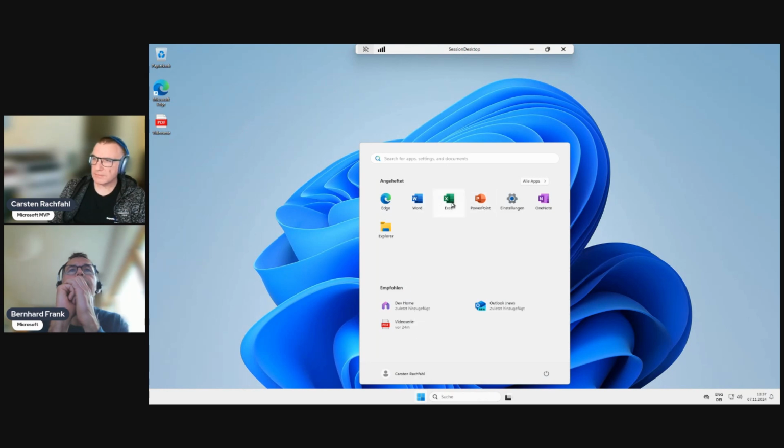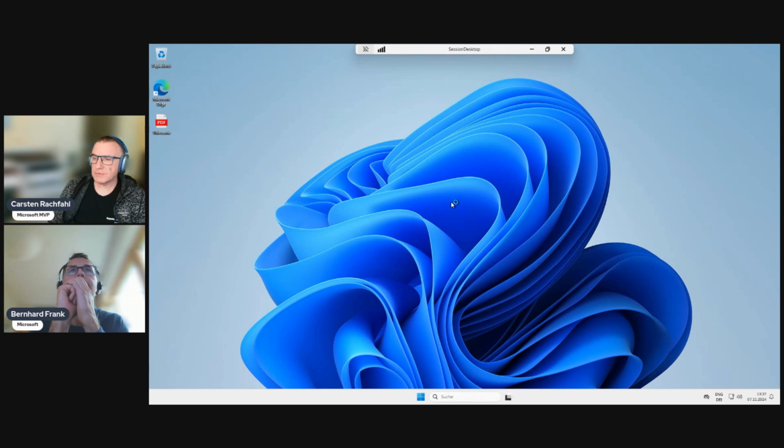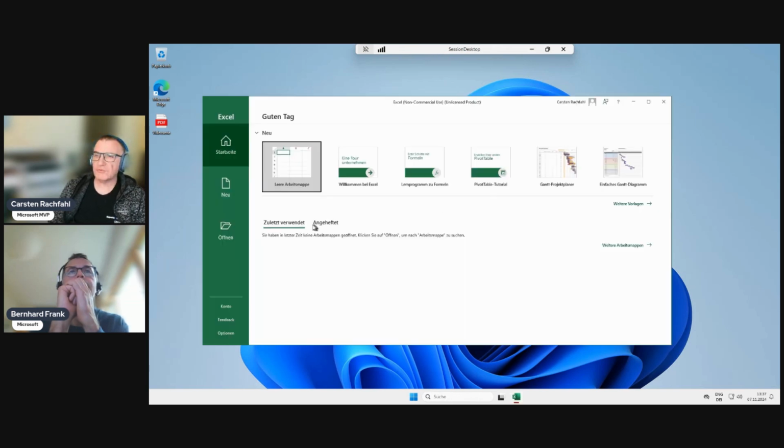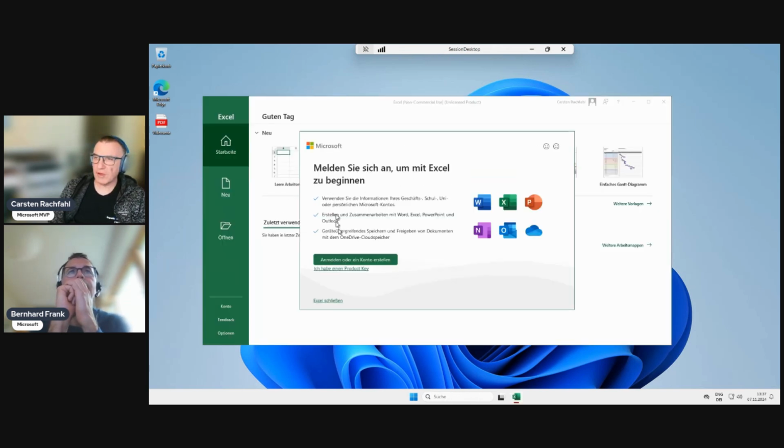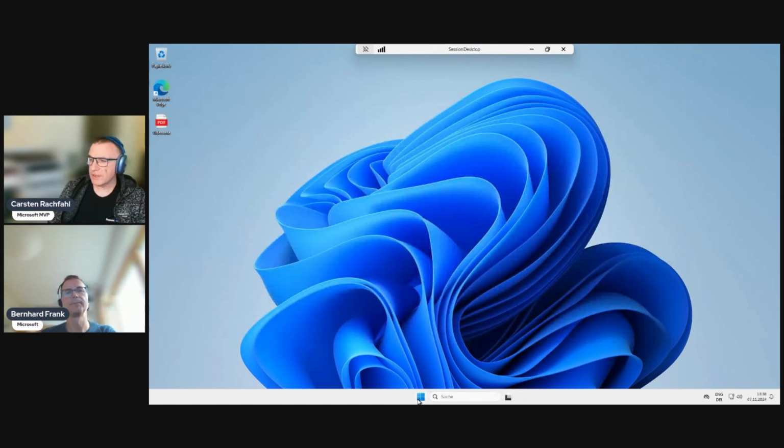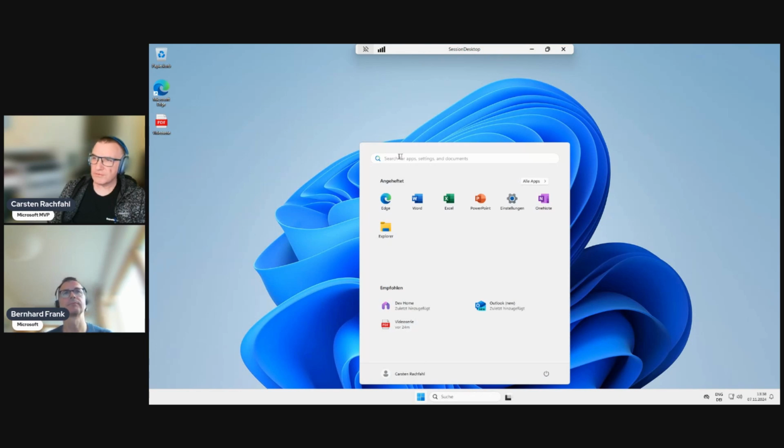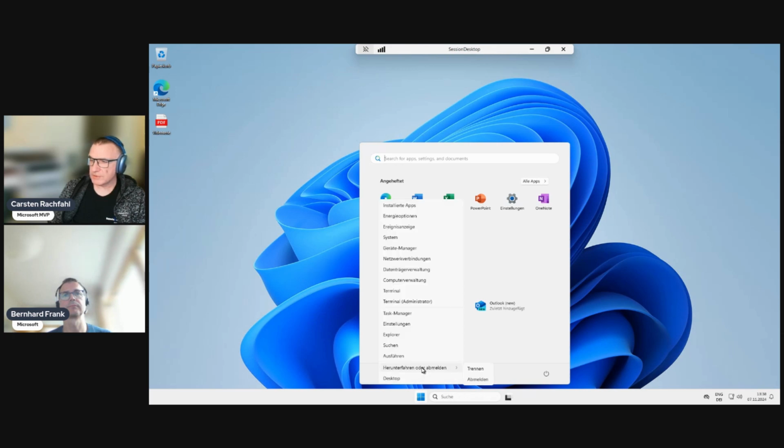Excel, for example. If the Office applications are, obviously this is German. So Office is fine. Now I can't, oh, here's Excel schließen. I have to search it. But here is, for example, search for apps, settings, and documents. So it's not completely German. So I will